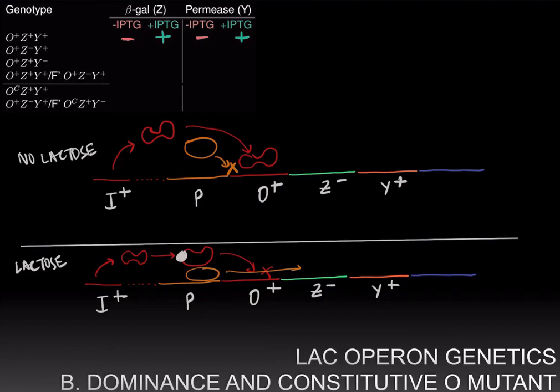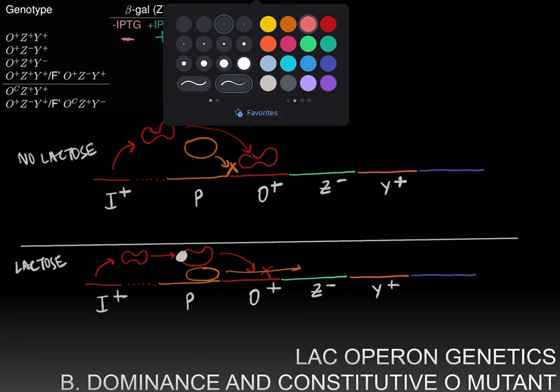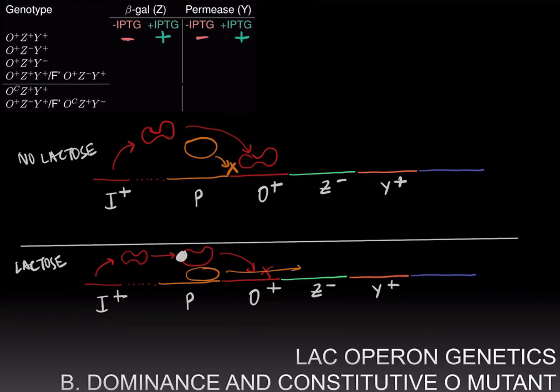Now, when we are looking at the no lactose condition, since the repressor is bound at the operator and no transcription happens, you don't express any of the genes, neither Z nor Y, and therefore we will detect neither beta gal nor permease. However,